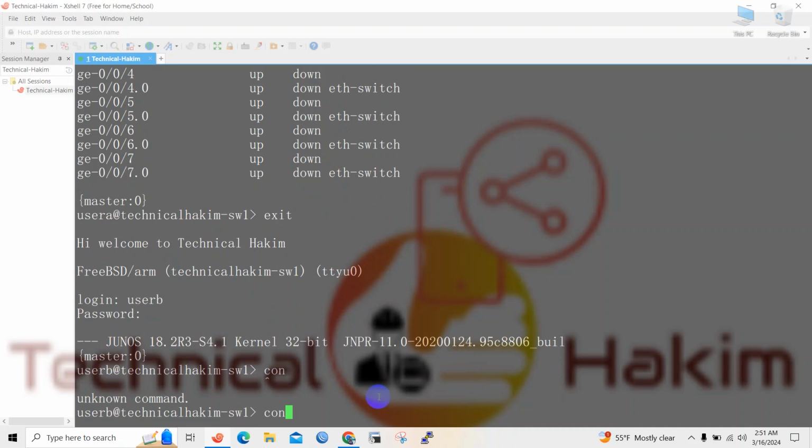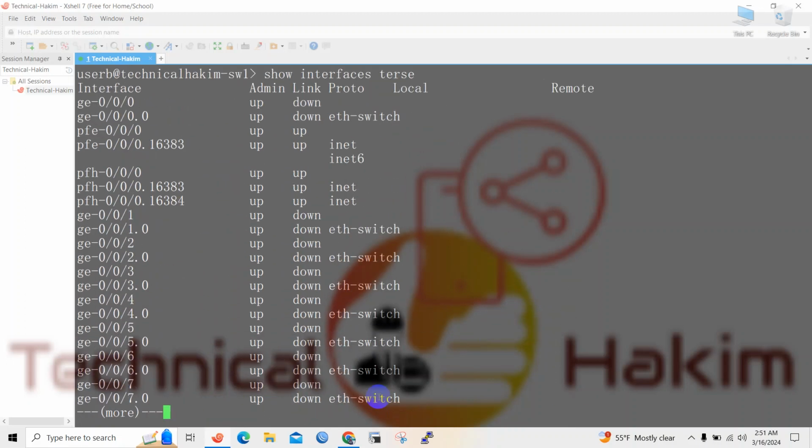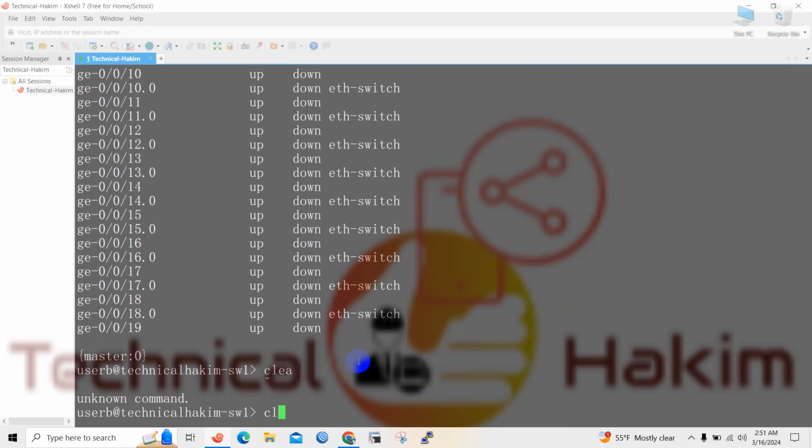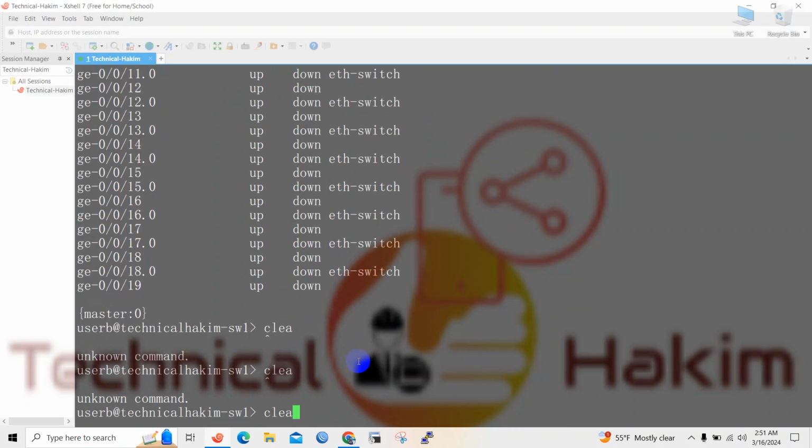Here you can see the read-only user isn't allowed to enter configuration mode. The read-only user is allowed to issue view commands, but isn't allowed to clear. No clear commands, only show, only view commands are